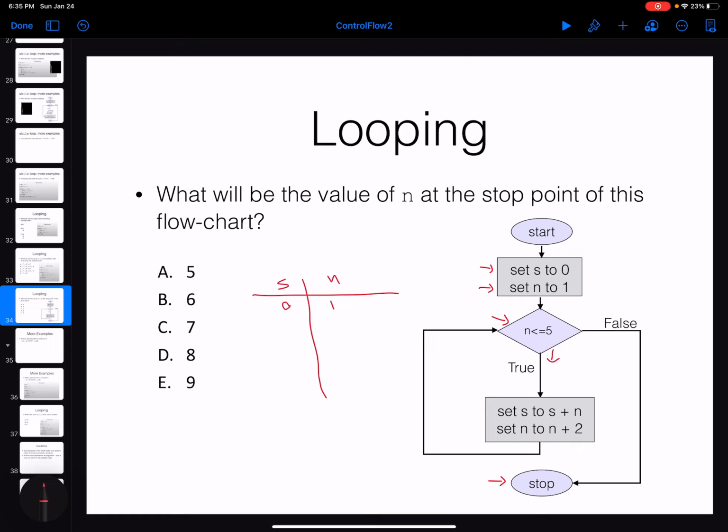You go here. You update the value of s to be s plus n. So this is going to be 1. The value of n will be updated to previous value of n plus 2. This is going to be 3, right? You go to the beginning of the loop, check the condition again. Is n less than or equal to 5? Yes, it is. So we will go inside. s will be s plus n. So this is going to be 4, right? n will also be updated to n plus 2. This is going to be 5,